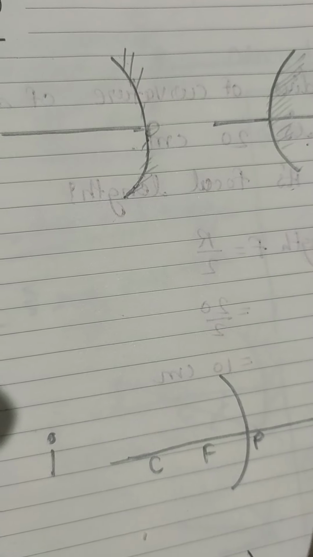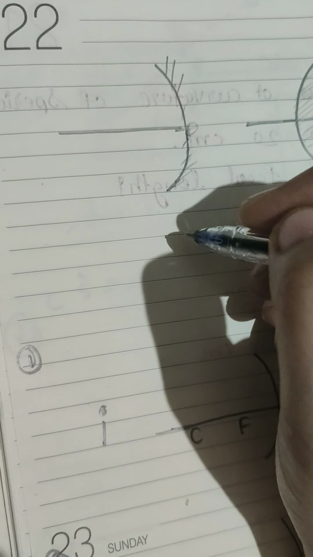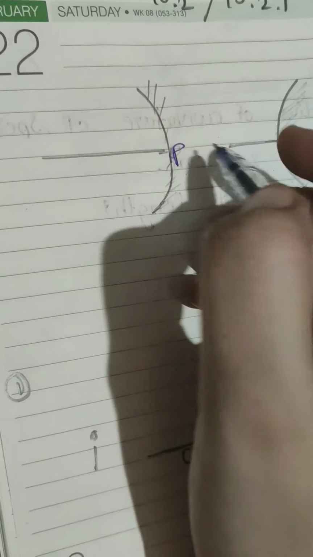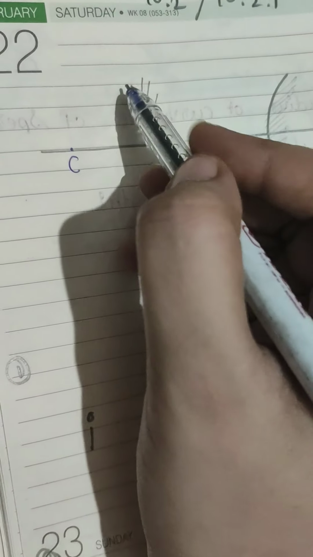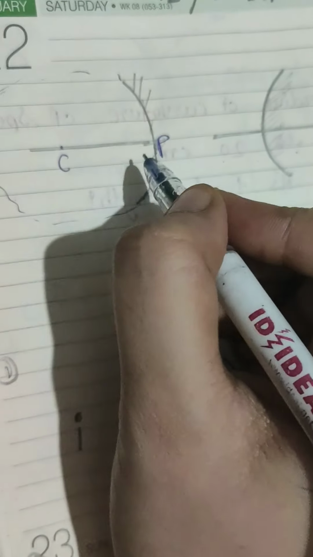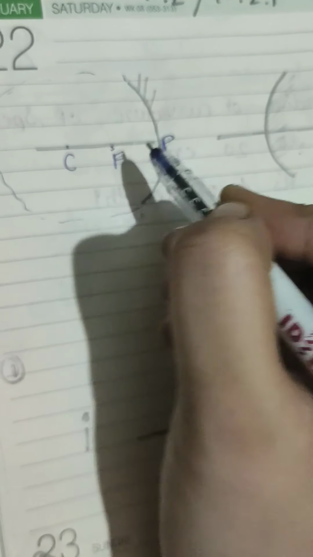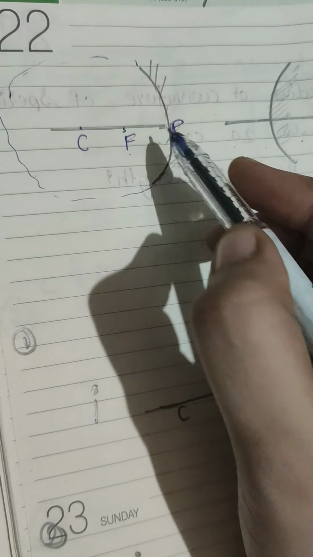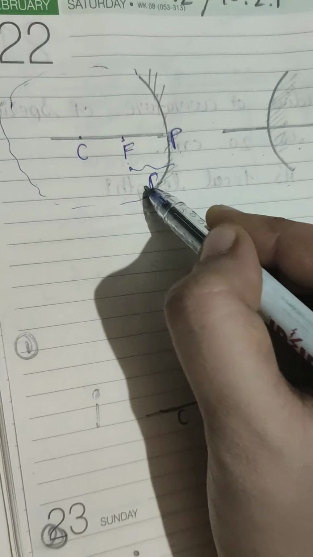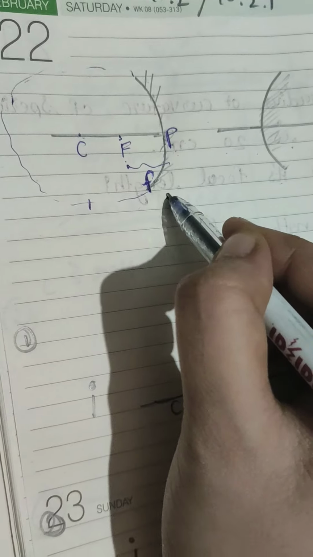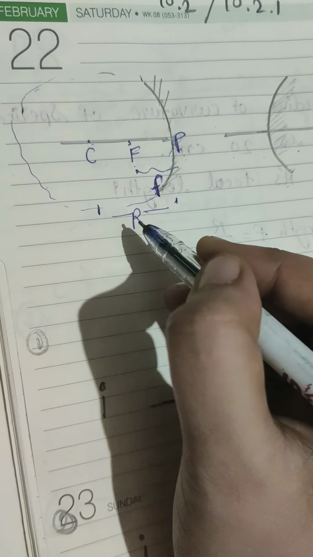So now you know what concave and convex mirrors are. Here it is a concave mirror. Pole P, center of curvature C, which is basically the center of the sphere. Between these two is the focus, capital F, on the principal axis. Small f is the focal length. From the center of curvature to the pole is capital R.